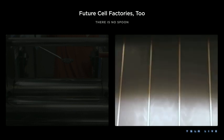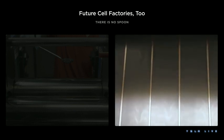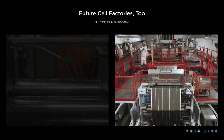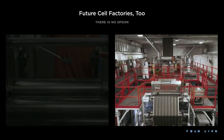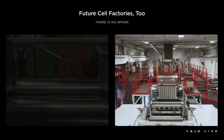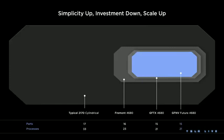From a peak productivity perspective, per tool, this is over 20 times the productivity of the tools that we showed folks on the tour in Kato back at Battery Day. So we've made a lot of progress on one of the key parts of the cell manufacturing process. And we've also continued to focus on refining the way we make cells and the factories that the cells go inside. As you can see on this chart, from typical 2170 cylindrical cells to